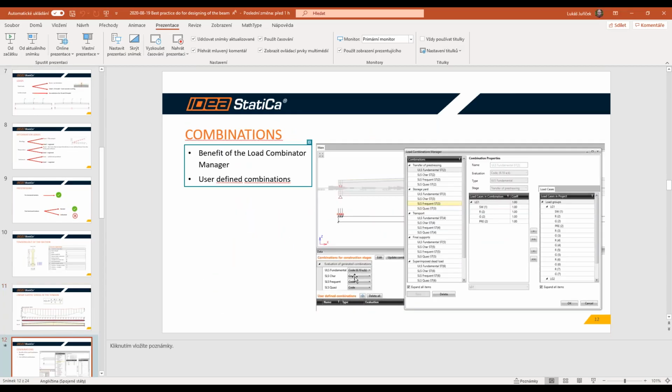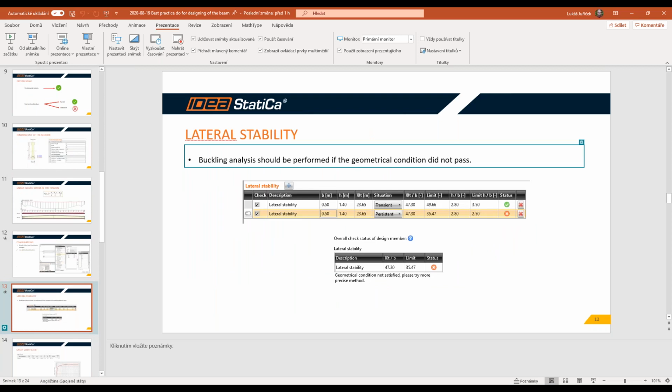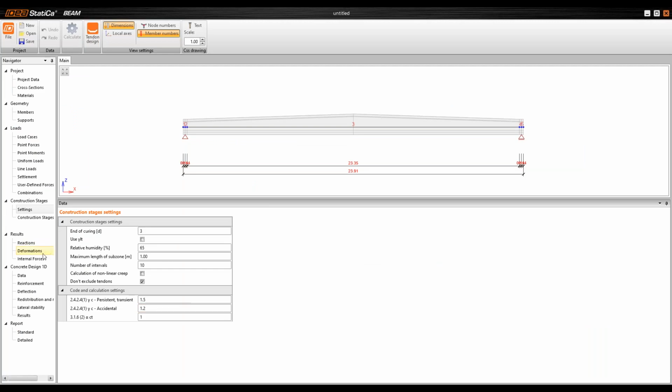So I can come back to the presentations, and later on we will talk about the lateral stability in the application beam. Wait on the results. Okay, we obtain the results, some internal forces,